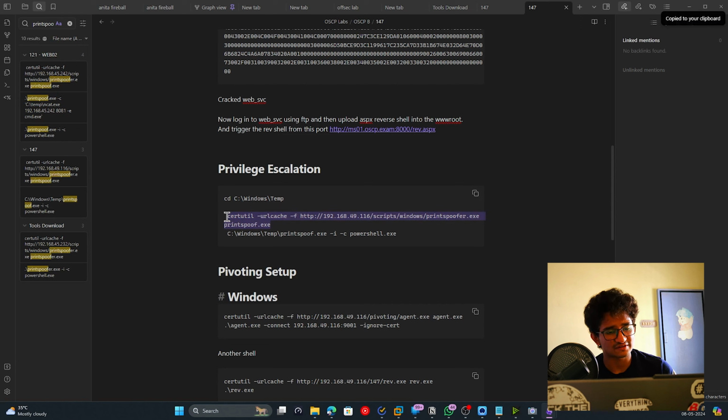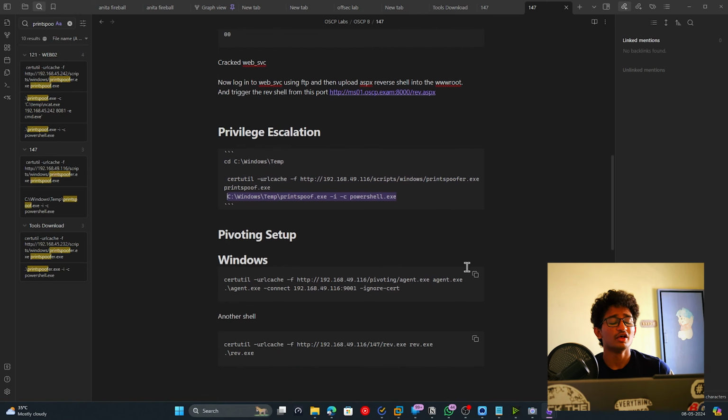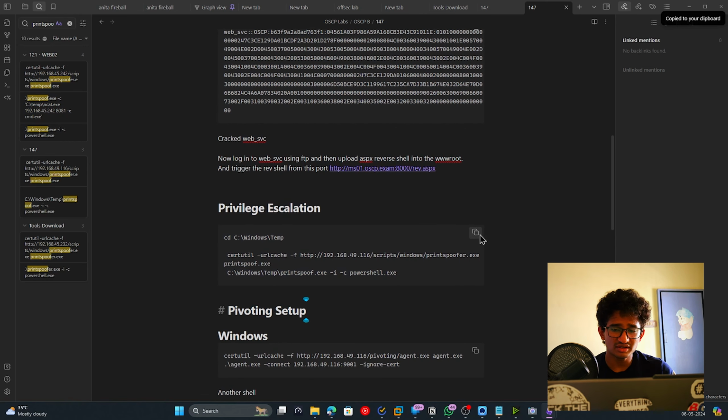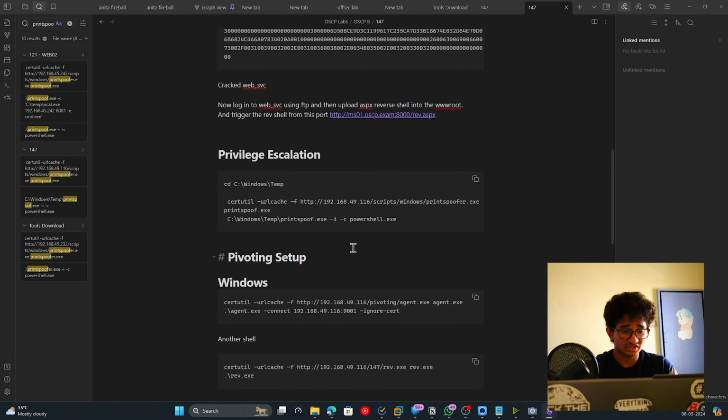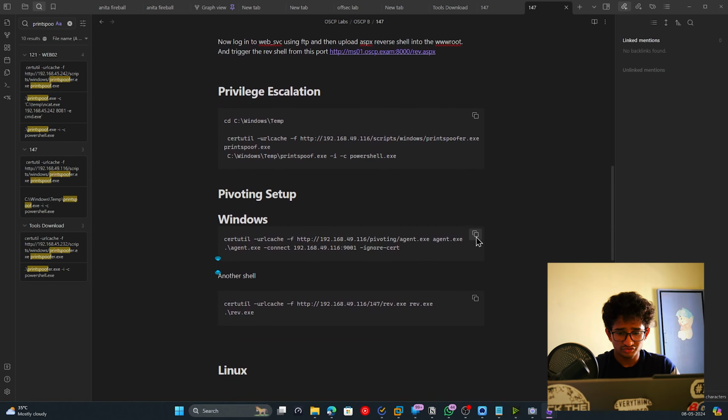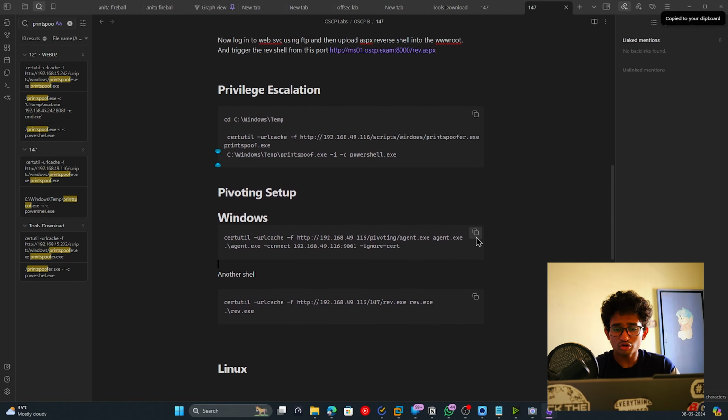It will automatically fetch this print scope, and it will automatically execute PowerShell as remote admin. So this makes things very easy. If you want to check anything, you can just copy paste it. Whenever you see whoami /priv and you see SeImpersonatePrivilege, you can always try this. And even the pivoting also. So if I just copy this and paste here, it will automatically